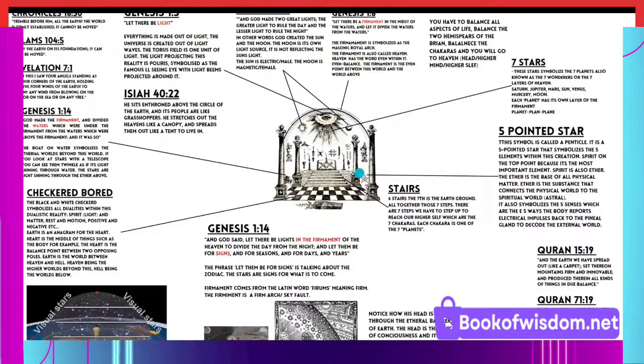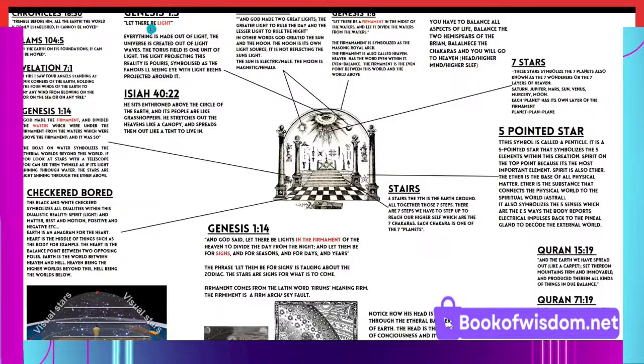Here's the Masonic cosmology. This is Masonic now. Here's the firmament. "Let there be a firmament in the midst of the waters to divide the waters from above from the waters that are below," Genesis 1:6. Firmament comes from the word firma, Latin, I'm pretty sure, which means firm. When something is firm, meaning it's stable, it does not move, it is firm. The firmament is firm.